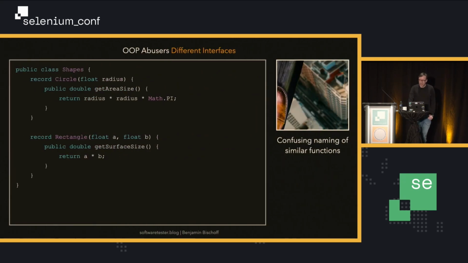Now, this one I hate. I've seen that especially in PHP a lot. It's called different interfaces. That is when similar functions are named differently. Like in this circle class, we have the area size method again, and this area size method is called getAreaSize. But for the rectangle, the method that does a very similar thing, give you the size of the area, is called getSurfaceSize. This is not really a problem that will bother you that much,